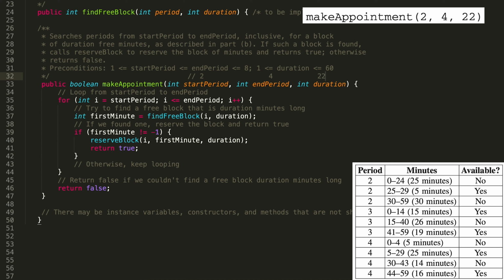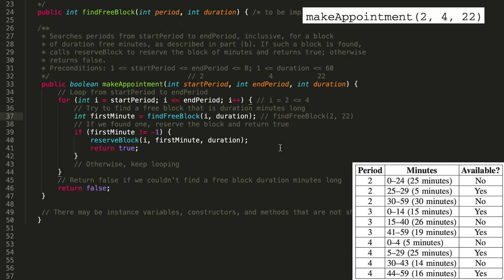So we're looking for a free period of 22 minutes between the periods 2 and 4. You can kind of think of this as we're looking at the periods 2, 3, and 4. Okay, so we start off with I equal to the startPeriod, so that'd be 2. We check whether that's less than or equal to endPeriod, which is 4. Yes, it is. So we go ahead and we try to find a free block within that period that is